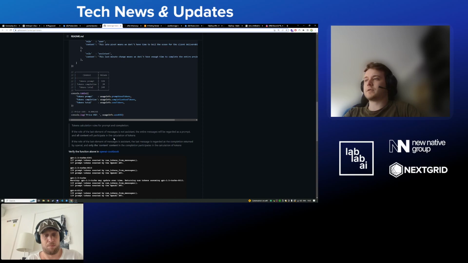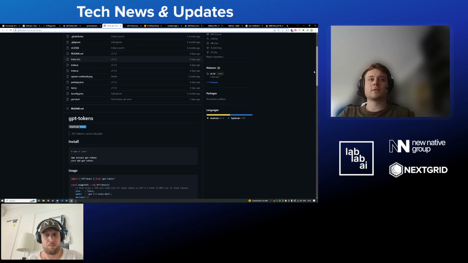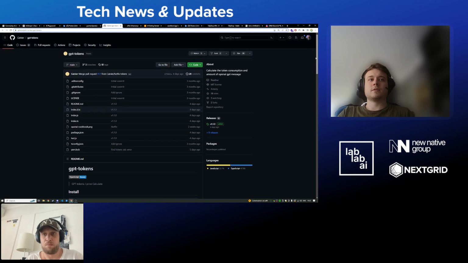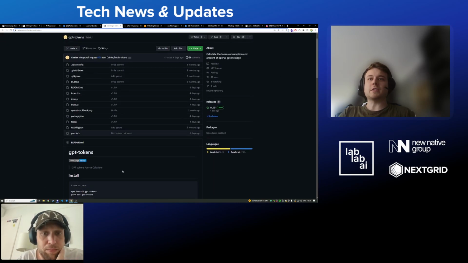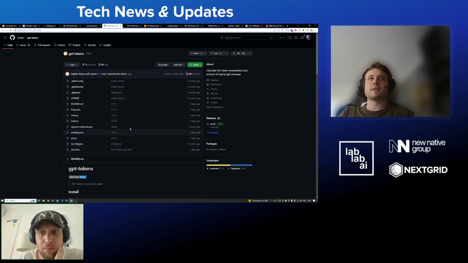Yeah, and I think that's great if you're building, for example, a hackathon project and you want to calculate some kind of usage cost for your entire project. You can just do this really quick and easily with this repository. Nice. Yeah, and they even have TypeScript ready, so it's type safe, which is always a good thing. Yeah, that seems useful.